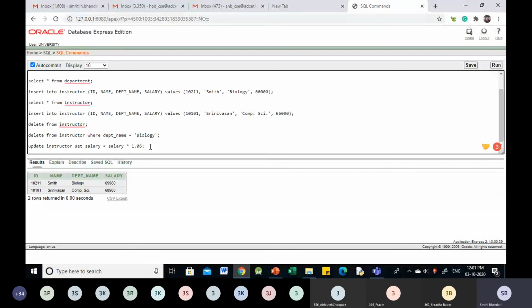But if we want to modify the salary of a particular instructor, then we may give a statement like update instructor set salary equal to 66,000 where ID is equal to, for Smith, ID is equal to 10211.